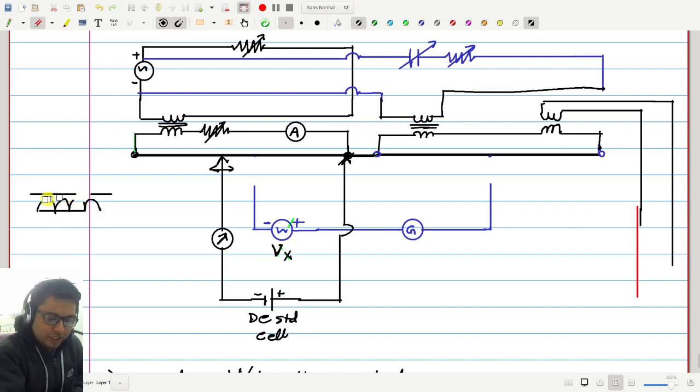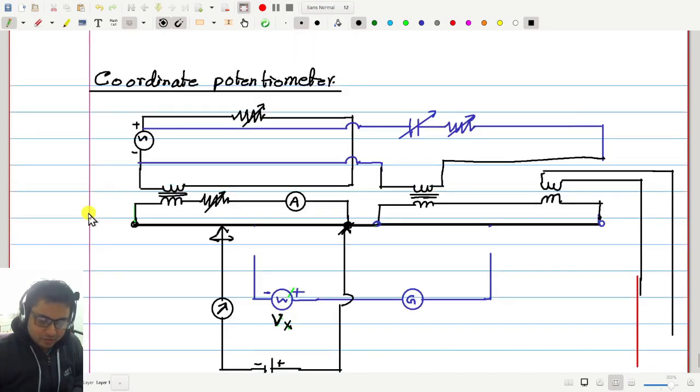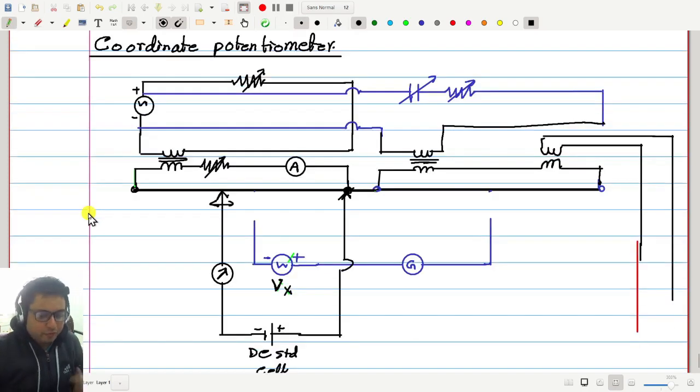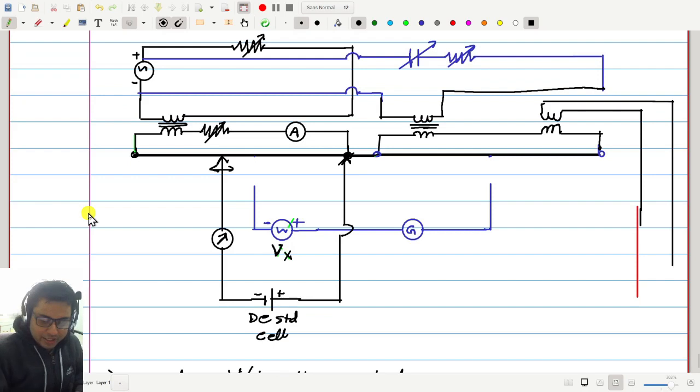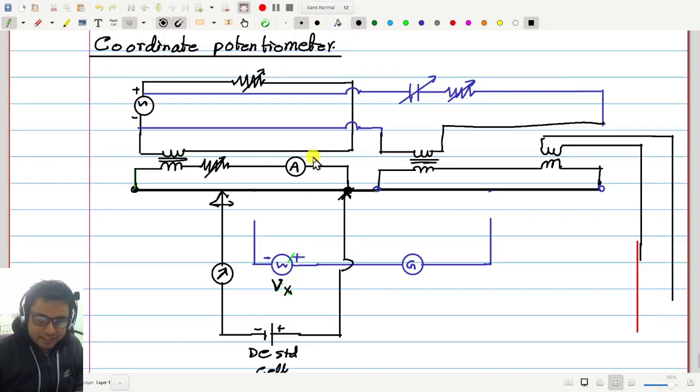What did we do in our last week? Phase shifter. No. Phase shifter, how will it work? This is DC, purely DC, and this is AC. A phase shifter will give AC only, with a phase shift. To get balance, if this is DC, we need another DC supply. Absolutely, we need another DC supply.